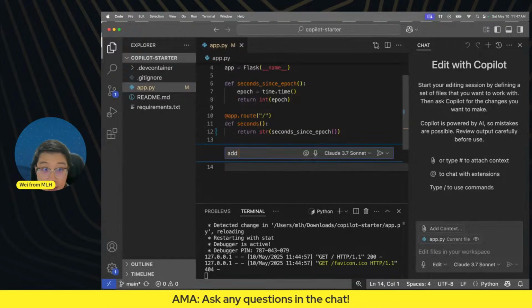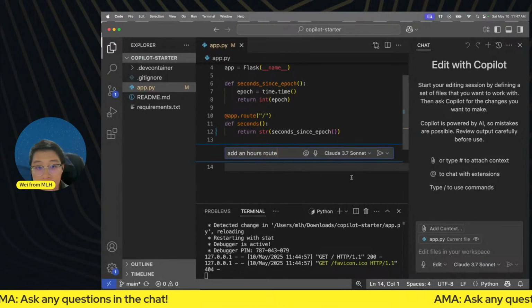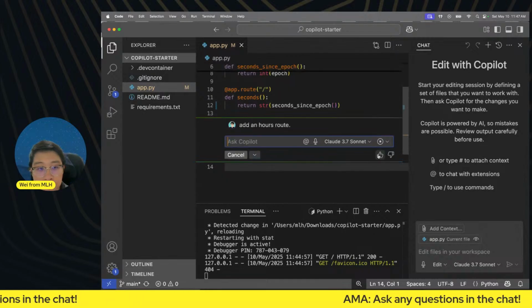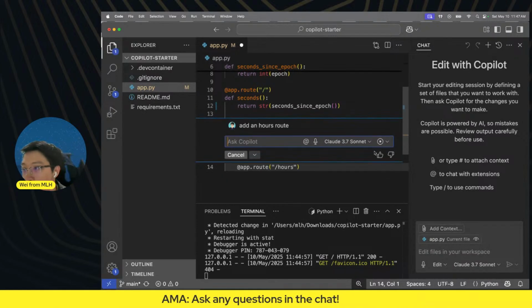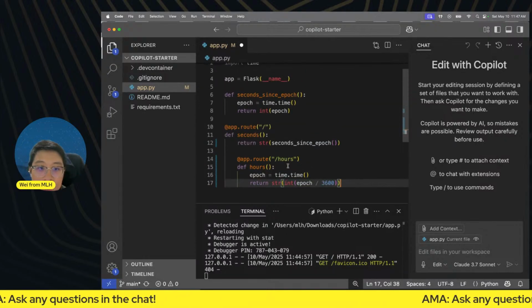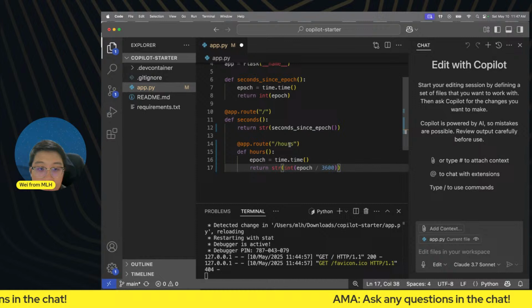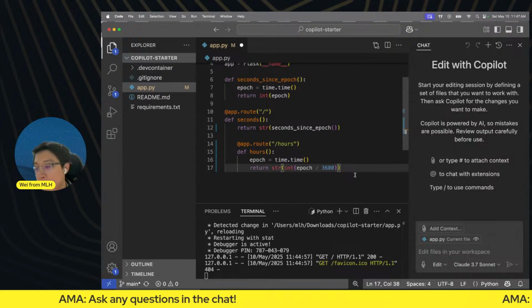Command-I, add an hours route, for example, and hit go. And just like that, Copilot has added the route for /hours that will return the number of hours since epoch. But AI makes mistakes.